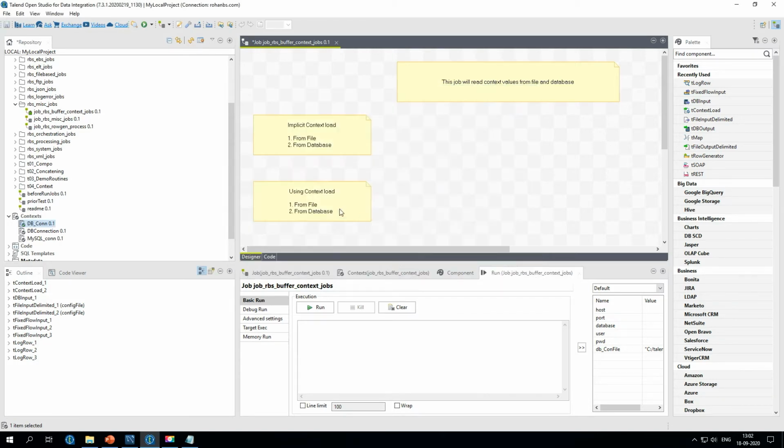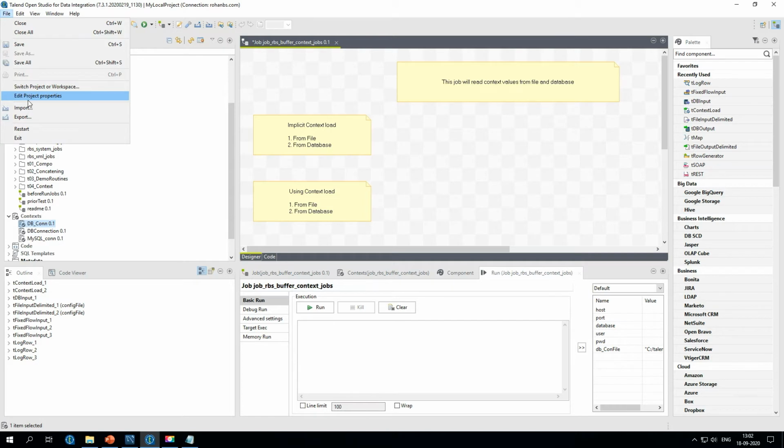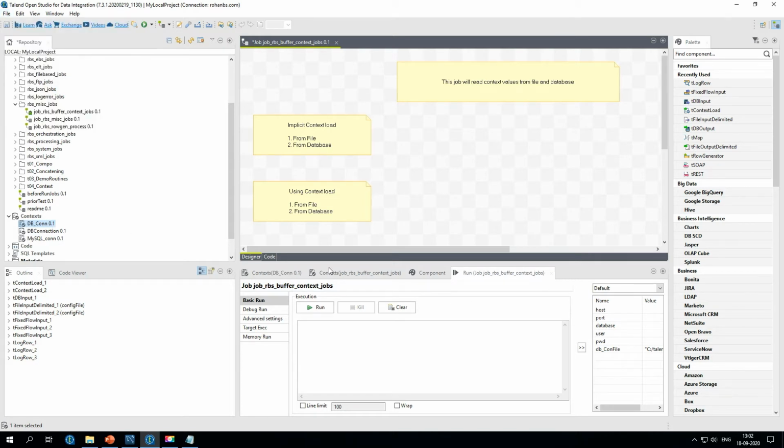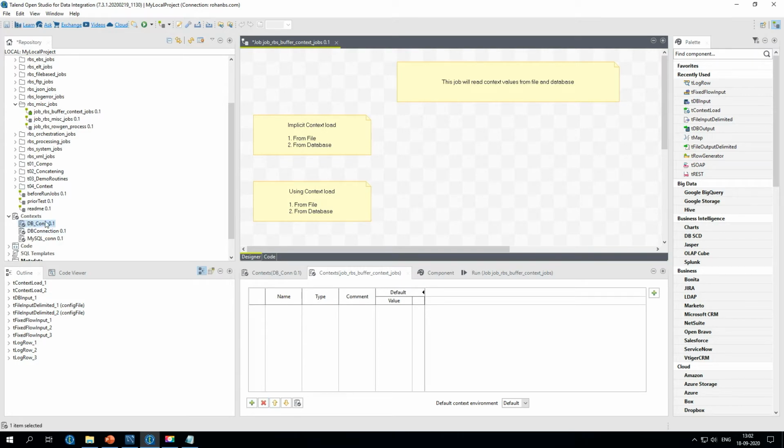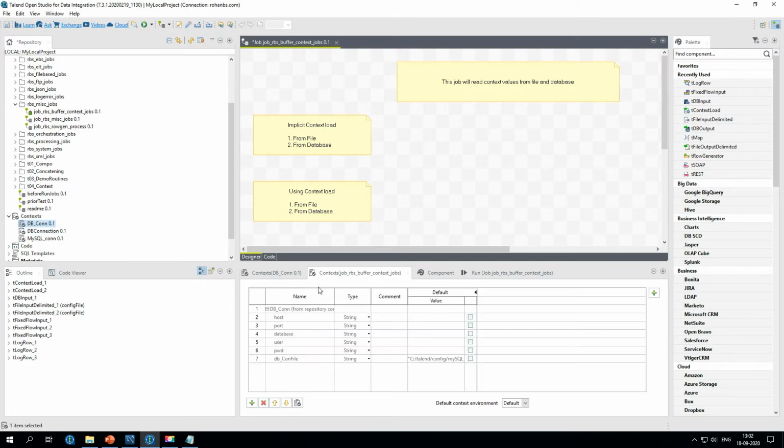Click on finish. All right, now that we have set our context file, we have set our project properties, we have created a context. All we have to do is come to this section and just drag and drop under the context section. Now you should be able to see those variables have been copied into the job. Right now, no values have been copied. The values for these variables will be captured during the runtime of the job, and we will start using it.